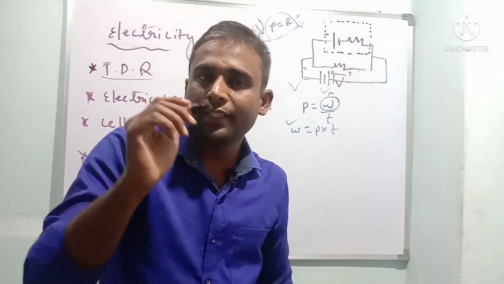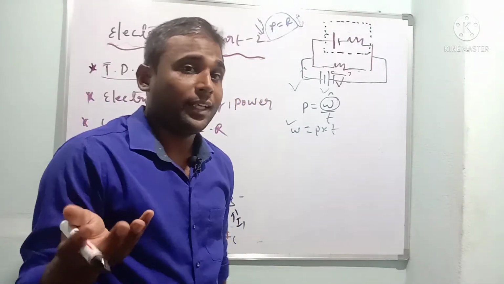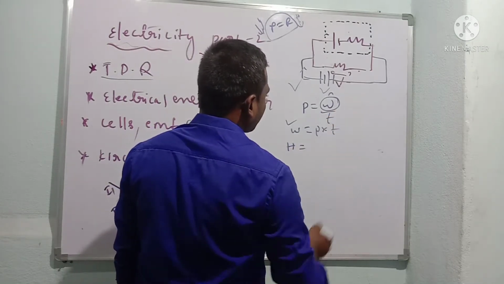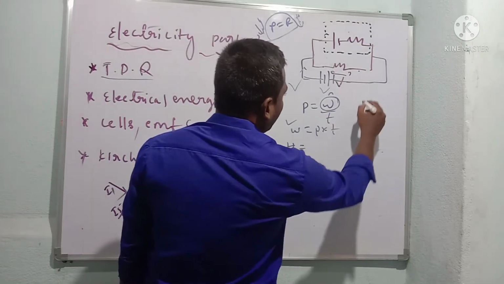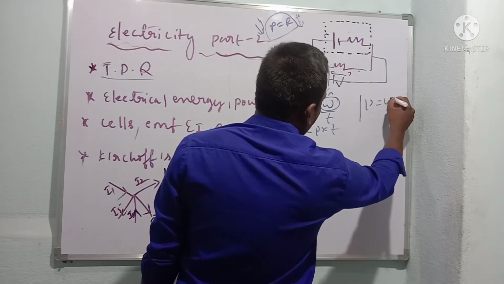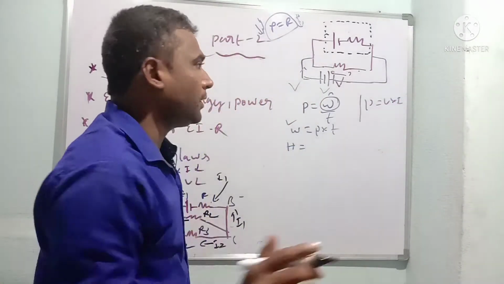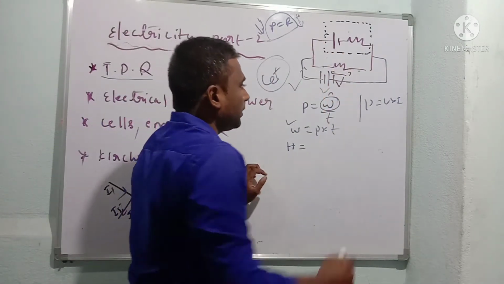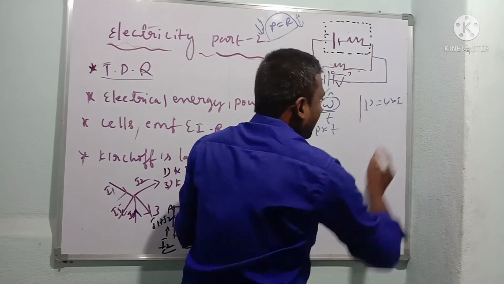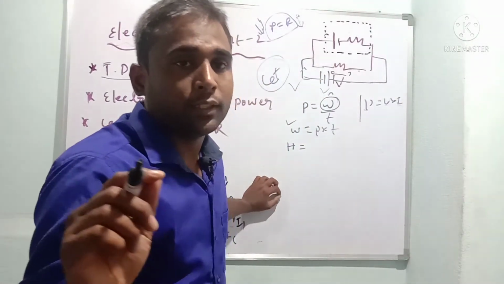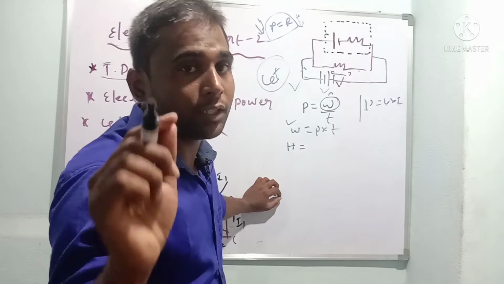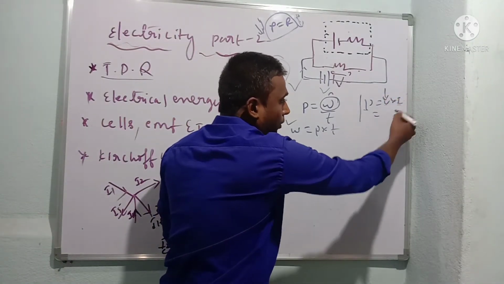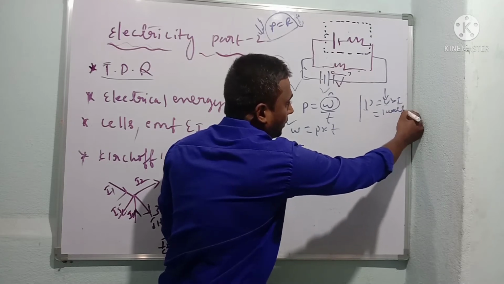That is equal to heat energy, or you can take it as electrical energy, no problem. So H = ... We know that power is nothing but the product of current and voltage. Very important, children: CET problems are 100% based on this. Power is the product of voltage and current. When I supply 1 volt and 1 ampere of current flows, that is called 1 watt.